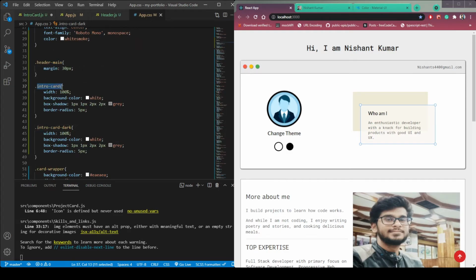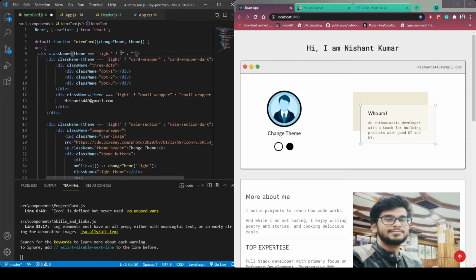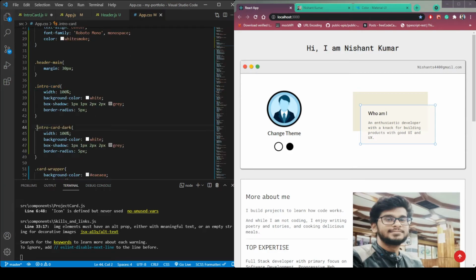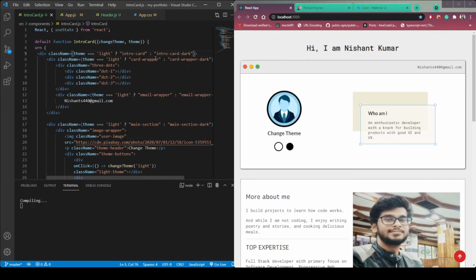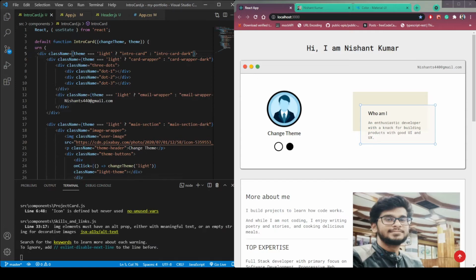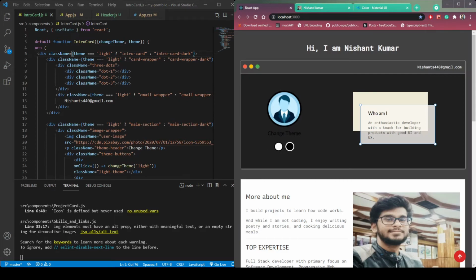So copy intro card and paste it here, and similarly intro card dark and paste it in the second argument. So we can see our theme is now changing from light to dark.